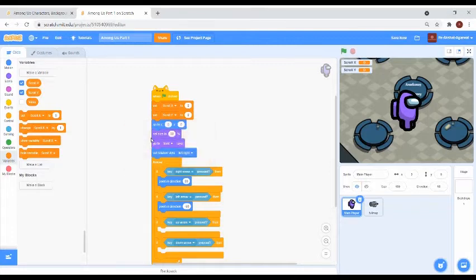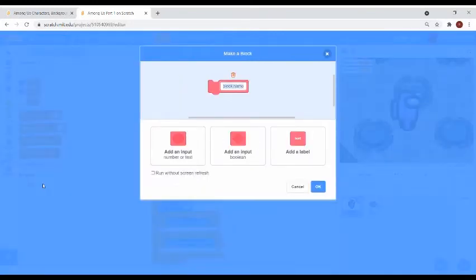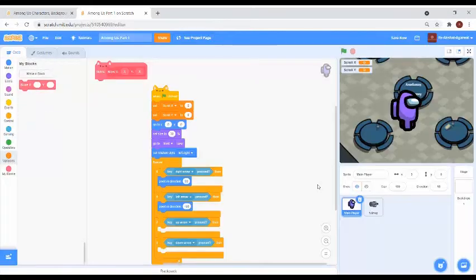Now we will make our own new Scratch block, which will be named move, and then add an input, put X in it, and then add a label, put Y in it, and then add an input, put Y in it, and then tap on OK.